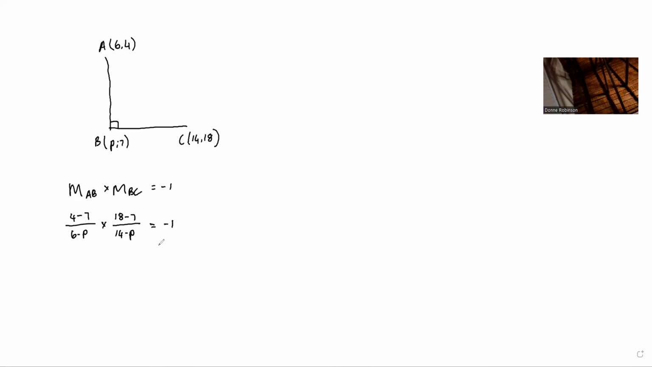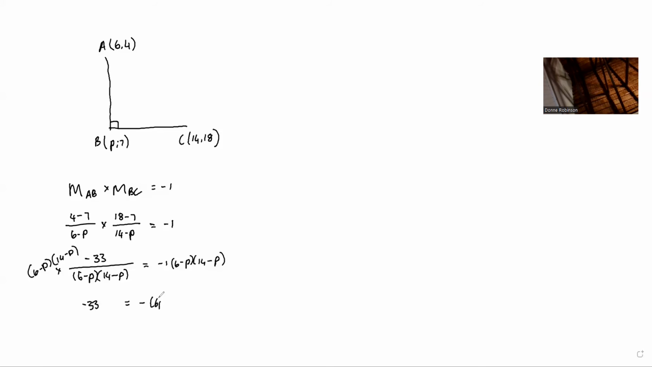We can then multiply those two values. So we work out 4 minus 7, work out 18 minus 7, and we multiply them to get -33 divided by, and we multiply these two as well. I'm just going to keep them in brackets because it's more simple that way. So now I want to get rid of this whole fraction thing. So I'm going to multiply this side by (6 minus p)(14 minus p). And what I do on the one side, I want to do on the other side as well. So what I'm going to get now is -33 is equal to